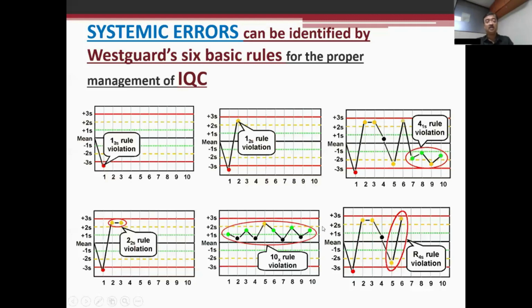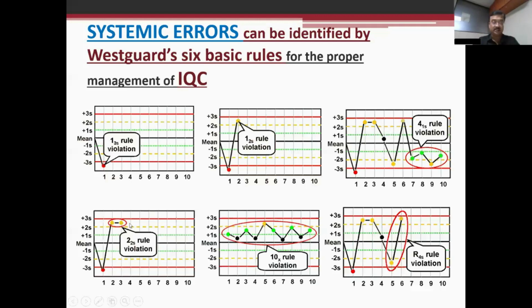So now you can tell me why there is so little patience in 1-3S, and then patience increases. That means the more the deviation, the less is our patience. The 3S violation is such a wide, bad violation. I cannot wait for the second day. I have to take a corrective action. But when it comes to a 2 standard deviation violation, I call it that the system is biased. The system is actually shifted to one side.